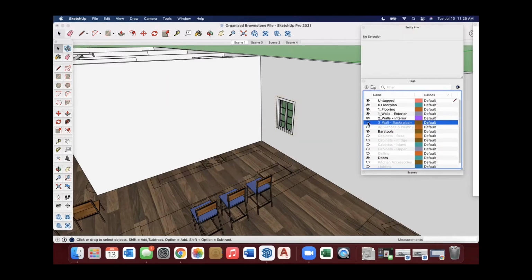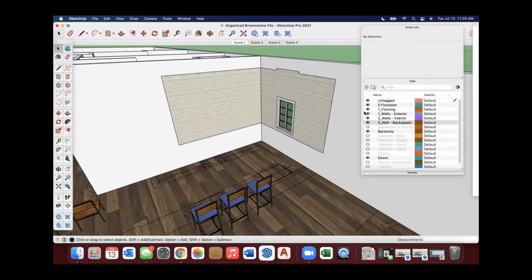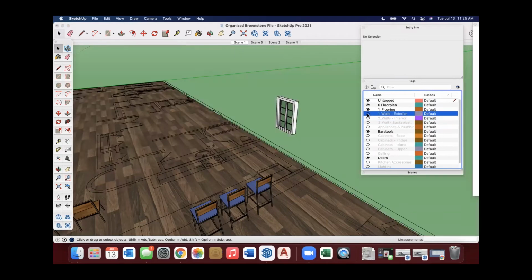We can see wall backsplash, because we want that separate from our actual wall, because often we're trying to do a material in just a very particular area. So you can notice it's not impacting all the rest of the walls. And so again, if I click on this, this is grouped, and this would not be one we would make a component of. We would make a group of a backsplash, but it's separate from the walls because the walls are their own group. So walls backsplash, walls interior, walls exterior.